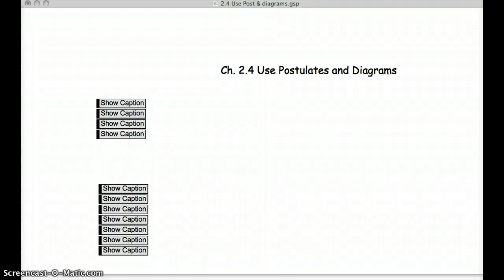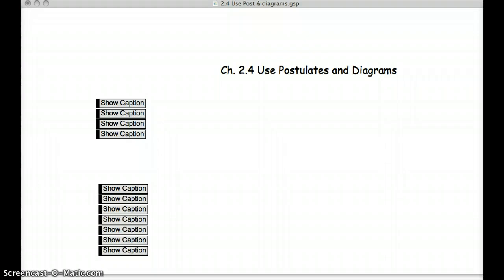Okay, I want to do a quick video on postulates and diagrams. I think this would be an easier video for you to do, or actually an easy section for you to read. But before you read, I wanted to stress the importance of the postulates and the diagrams. We're actually working our way slowly to